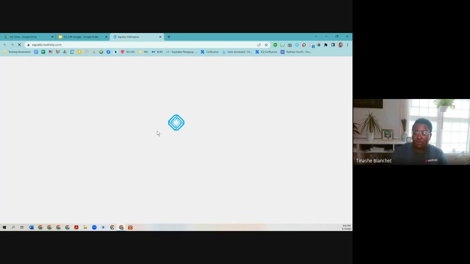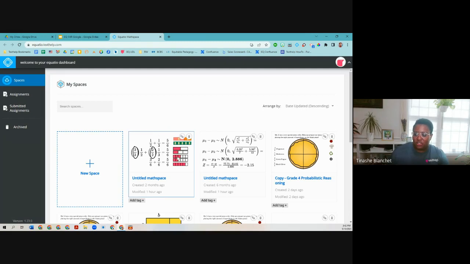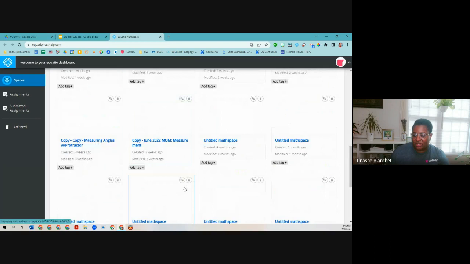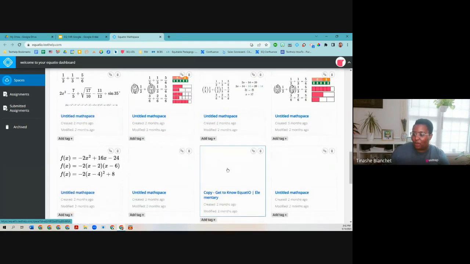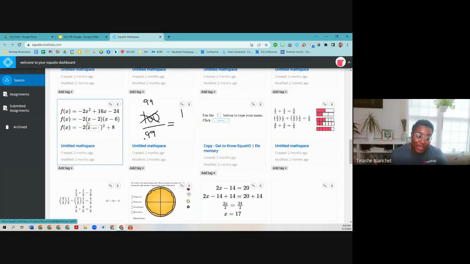And like I said, we're not going to be able to do a deep dive with MathSpace, but let's take a look at some of the functionality that you may want to be aware of, okay? So when I go to the MathSpace website, you can see I have all these different math spaces that I've created. Now, something that people tend to think of when they think of an equation editor, they think of something like this, right? They think of equations, right?